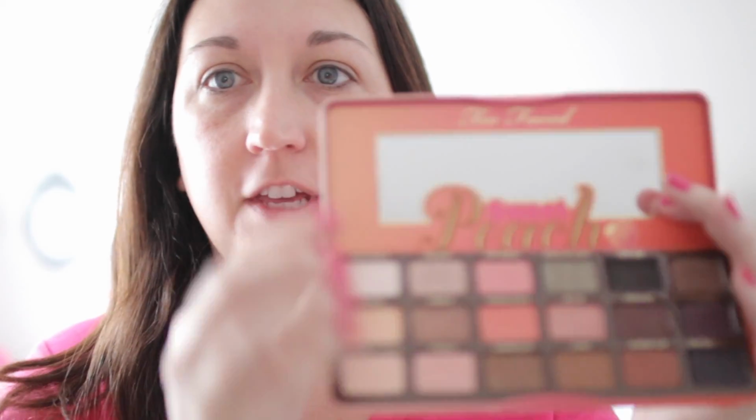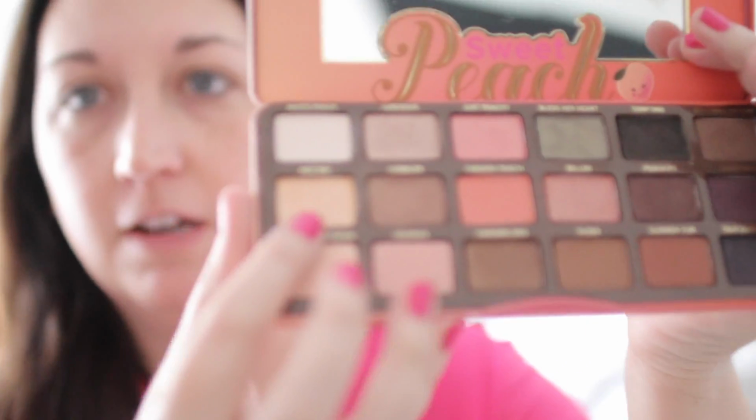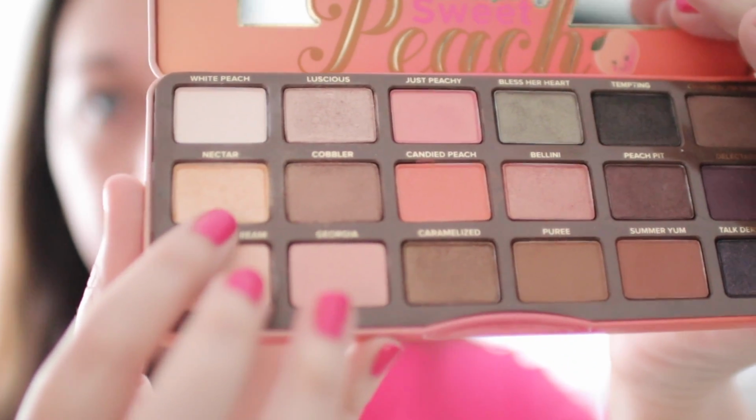I'm gonna use this dang peach palette, the Sweet Peach palette from Too Faced. I love it. I love the way it smells. It makes me happy. Let's go in with Nectar, this shade right here. Well, apparently I'm not as prepared as I thought, because I don't have a flat shader brush to apply it. I'm going to use a clean finger, and we've gone too far now to turn around. I can't just go back to the beauty room and get a brush. So I'm just going to pop that on the lid, because I want some shimmer,